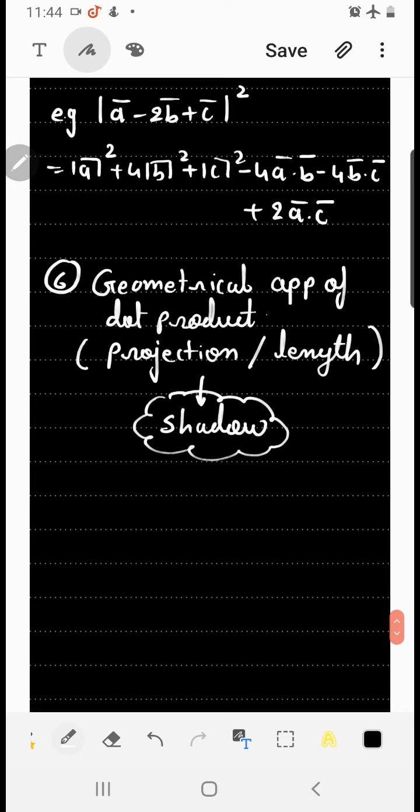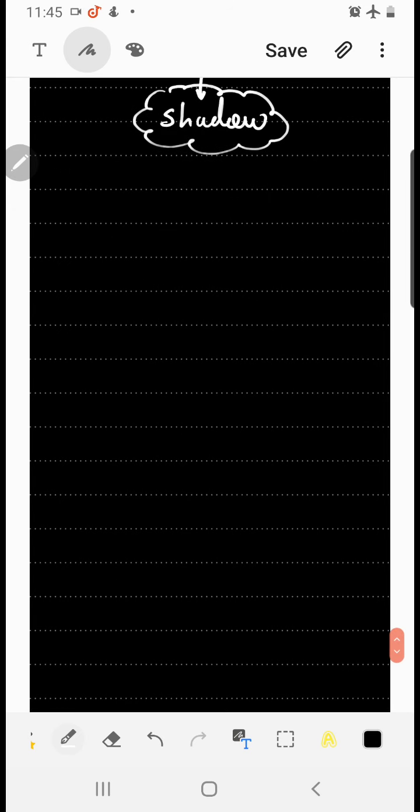This is the word I generally use to remember this concept. So if somebody asks you geometrically what can you find from dot product, your answer would be we can find length. Now one second, let's go back to coordinate geometry. For length we already have two formulas, one is the distance formula and the other is the perpendicular distance formula. But in vectors apart from those two formulas we can also think of this. The first thought will be the distance formula and perpendicular distance formula, but if that fails you can always come back to this particular concept. So it's a special case to find length. Now let me show which length I'm talking of and why I used the word shadow.